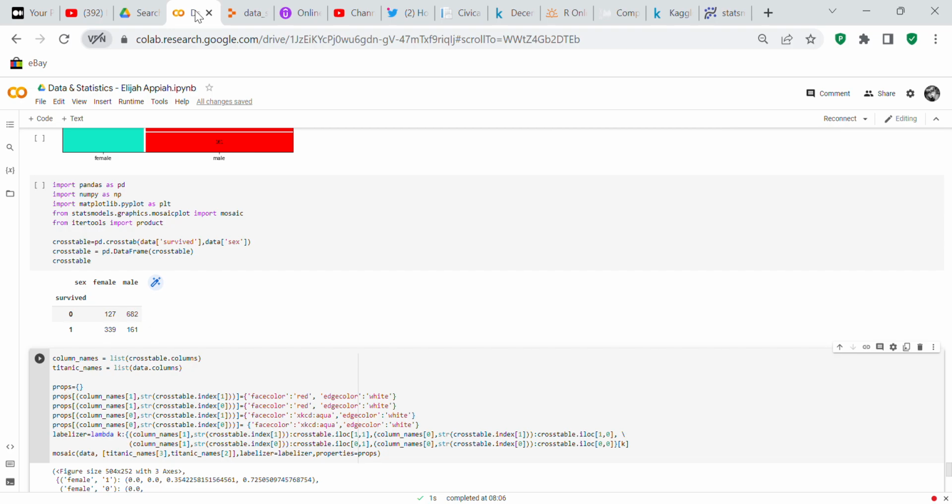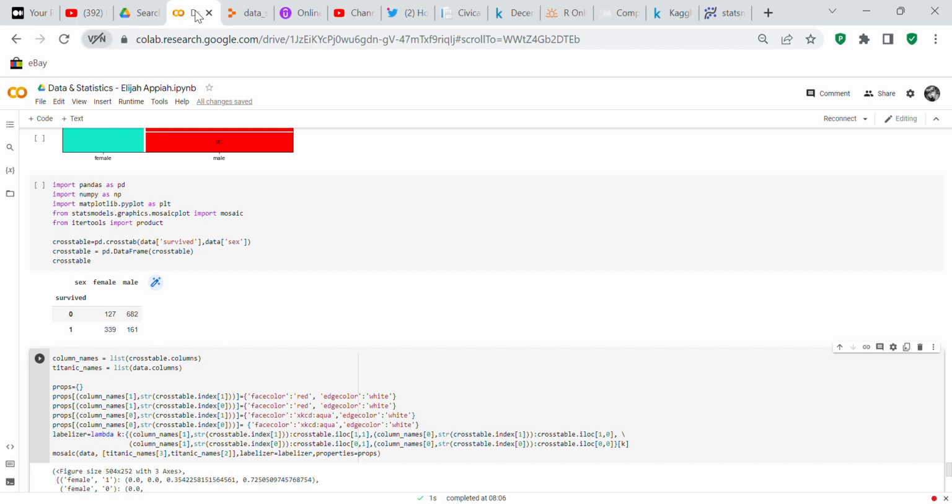It's Crystal here. I'm just here because I want to do a very short code review for you on how to make a mosaic plot. I got this code off of the internet, but I modified it for my purposes. So obviously I had to borrow it, but it is modified for my purposes, so that's why I'm doing a code review. What we're using is the Titanic data set. So in order to make this mosaic plot,